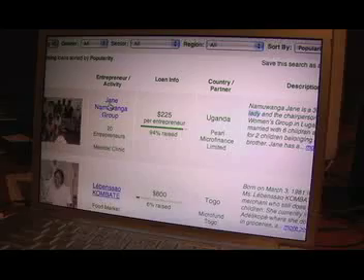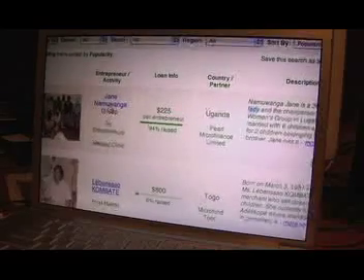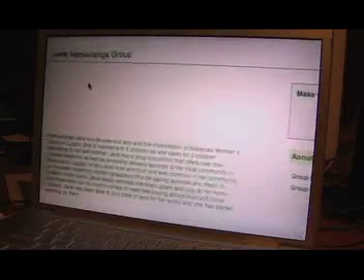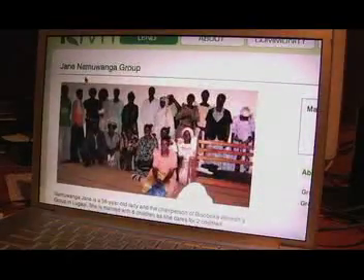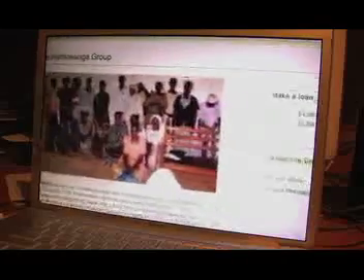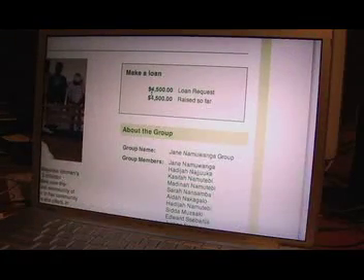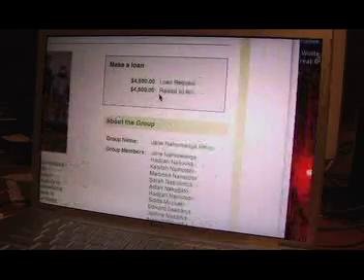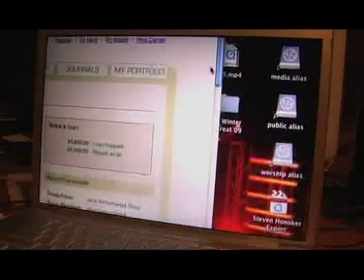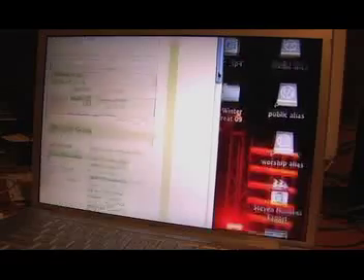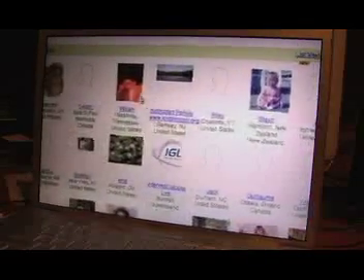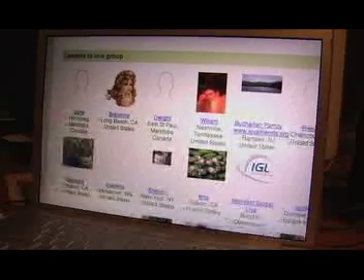So we'll click on this one right here, and this group is a group of 20 entrepreneurs that are trying to start a medical clinic. And what they're asking is $4,500. So what people will do is contribute usually about $25 at a time. We're going to scroll down here, and you can check out the different people that have contributed to this.